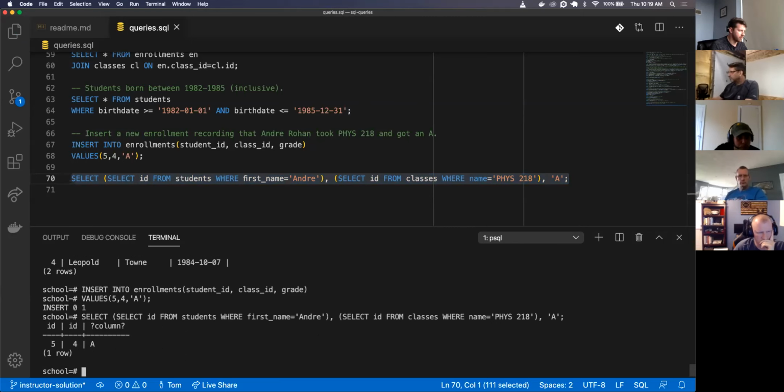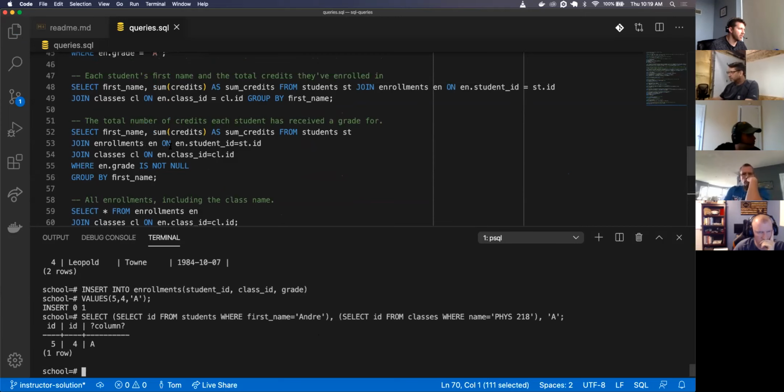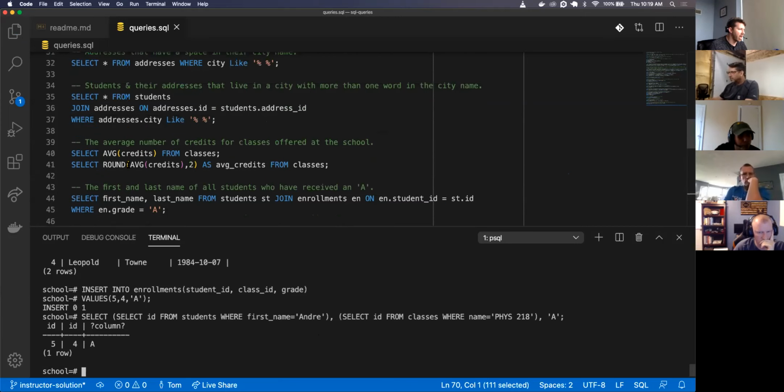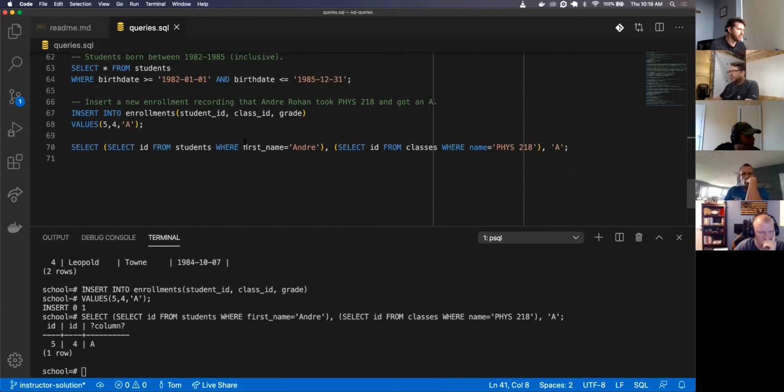Oh, so you can actually have, kind of like what we did up here, like average credits, that's a SQL query. And like with round, you can have SQL queries within SQL queries. You'll rarely ever use something like that.